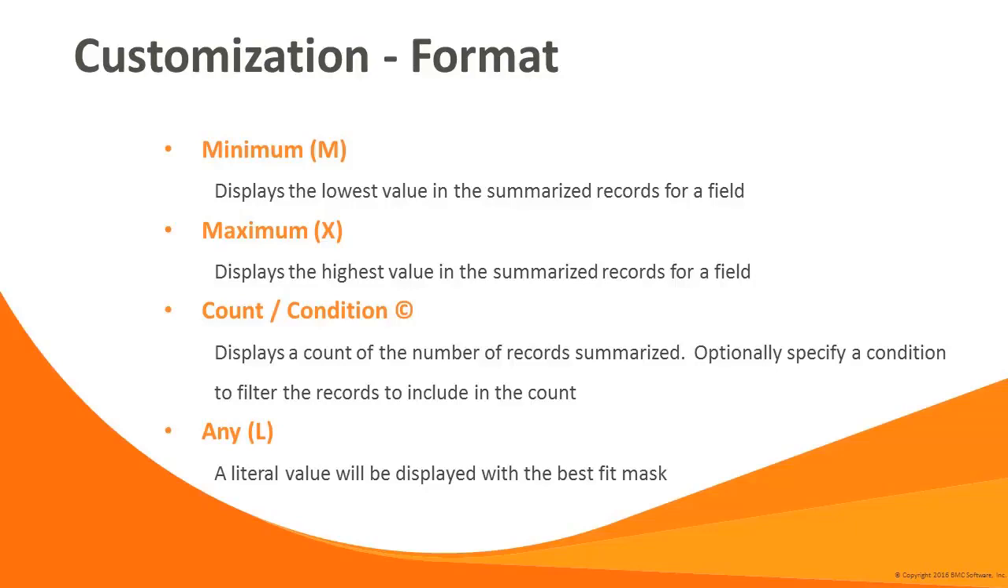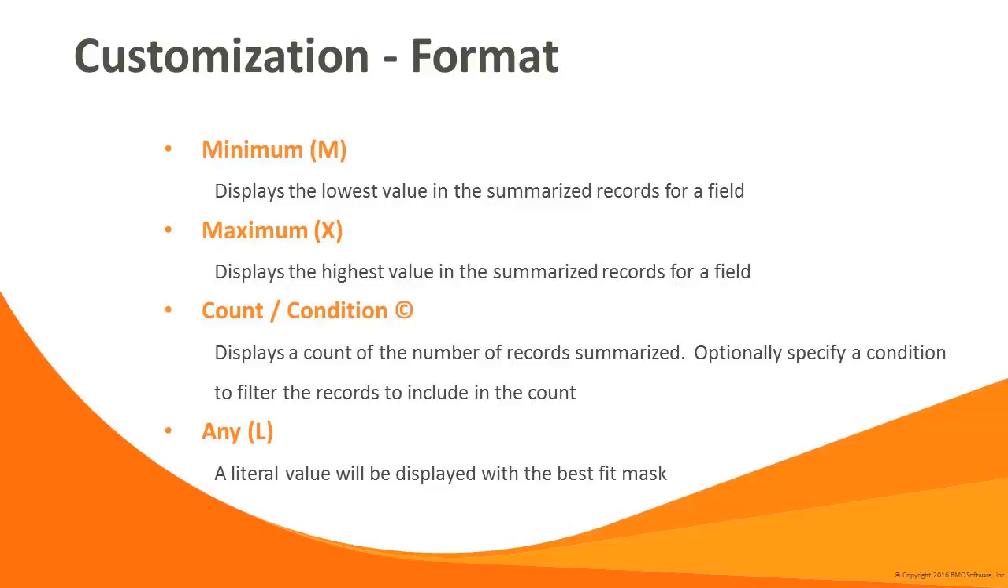Using the Minimum summarization type will display the lowest value found in any of the summarized records. In addition, using the Maximize summarization type, this will display the highest value for the field in the summarized records. The Count summarization type displays a count of records summarized. The records to be included can contain a simple filter argument to limit the count to a subset of the